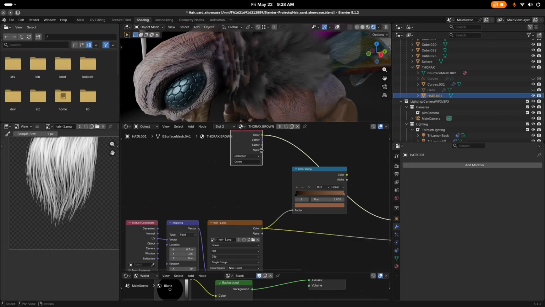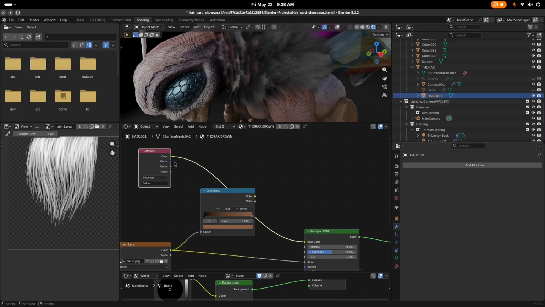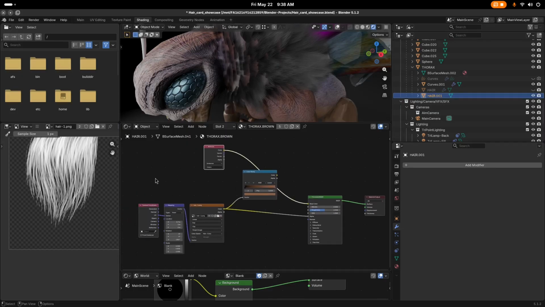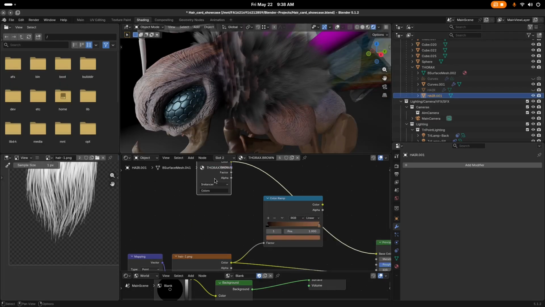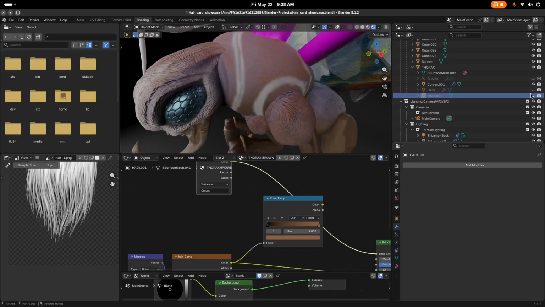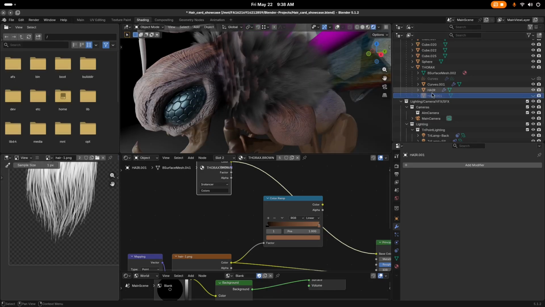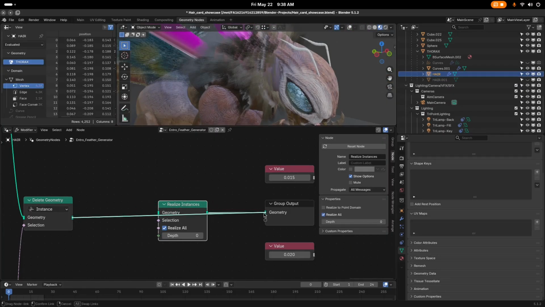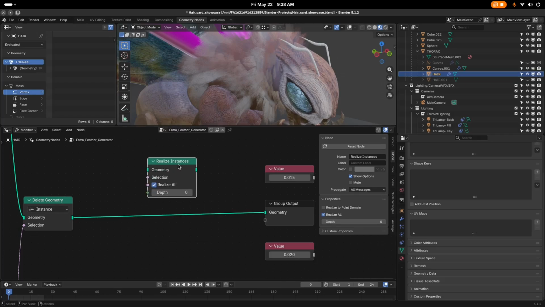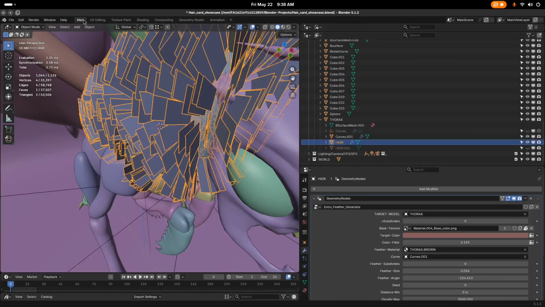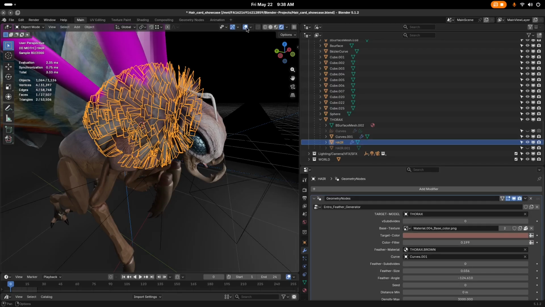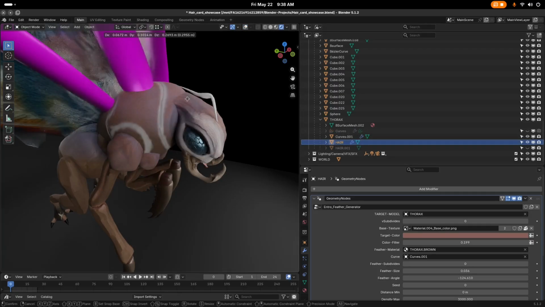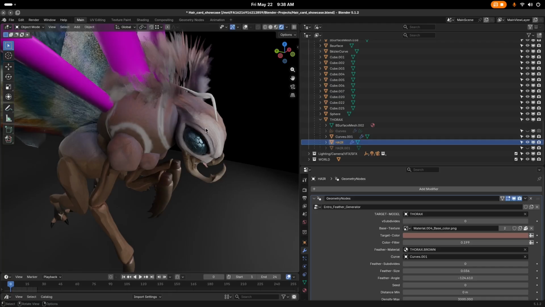Usually, I always have set the instancer. Jesus Christ, I can't speak. But yeah, the instancer on the shader itself is for when it's actually not realized geometry, but make sure you always remove the realize instances node if you're just going to use it in Blender, when you're testing it, modifying it, or whatever you want to do to it. So now, as you can see, this is the instance geometry, and also then